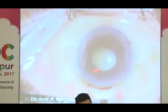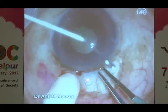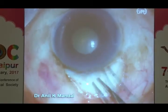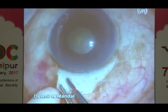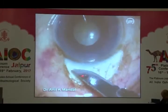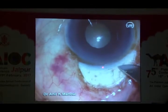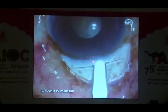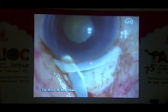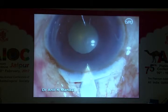Visualization. This is the maximum dilatation for this patient. It's a case of open-angle glaucoma associated with visually significant cataract. A fornix-based conjunctival Tenon's layer flap is made, and we are cauterizing the superficial episcleral blood vessels. I give a straight incision approximately 1.5 millimeter from the conjunctival insertion, and then the dissection is carried, and a side cut is made,